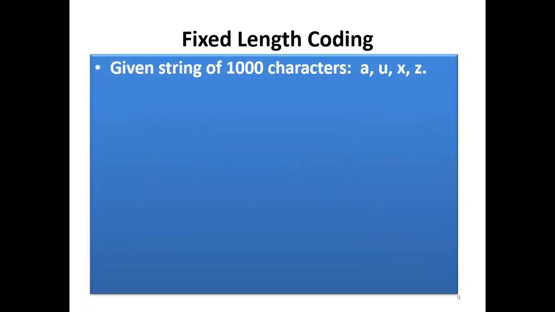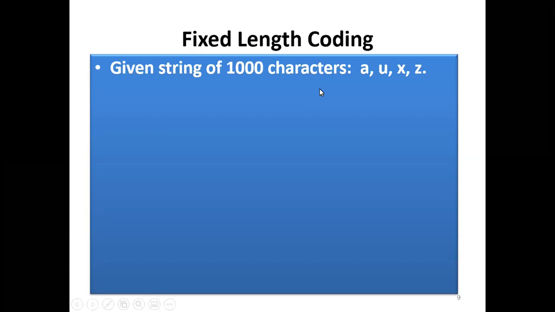So now let's look at how we can decompress some data. One approach is by using fixed length coding. In fixed length coding, let's assume we have been given a string of data with the characters A, U, Z, and X. In this case, say that the string has